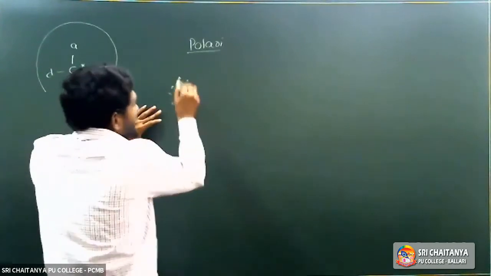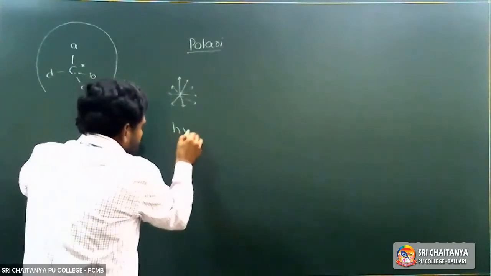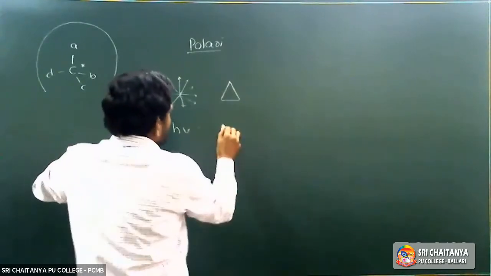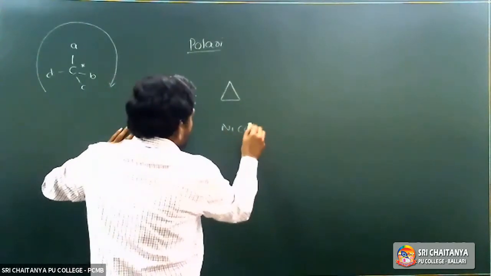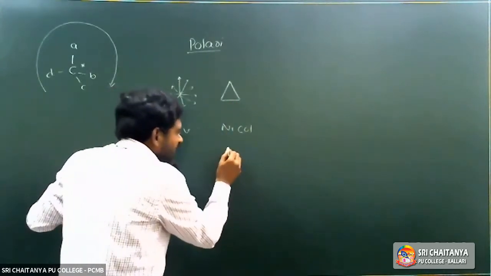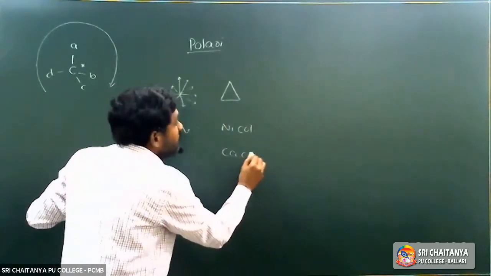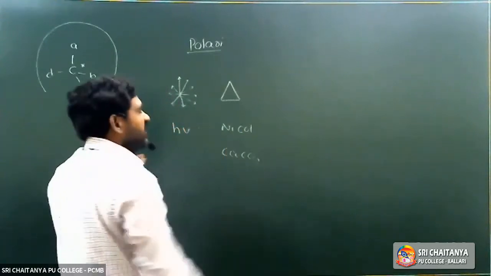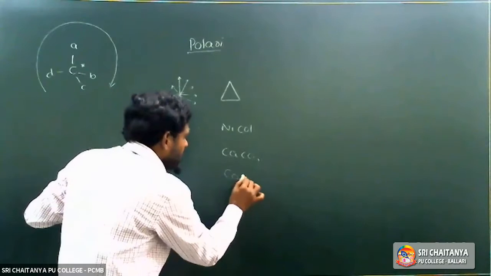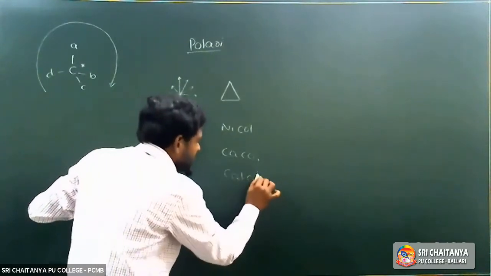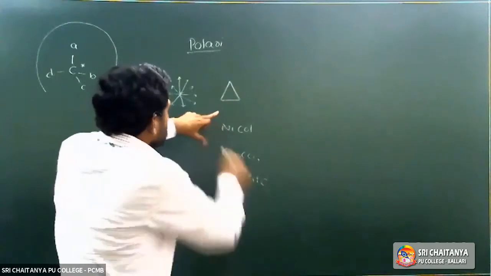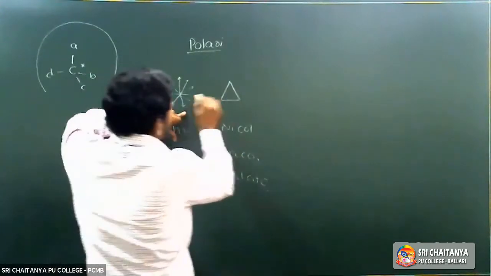When this ordinary light is passed through a Nicol prism, which is prepared from special crystalline calcium carbonate, CaCO3, also called calcite,